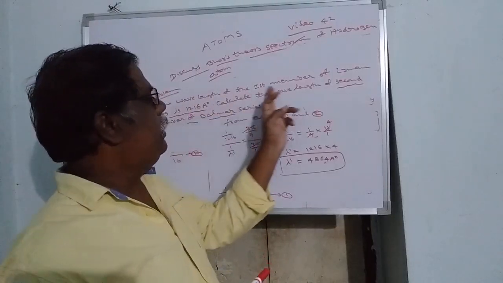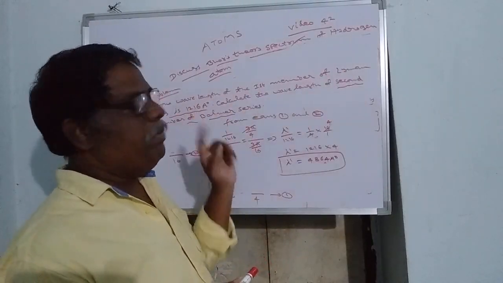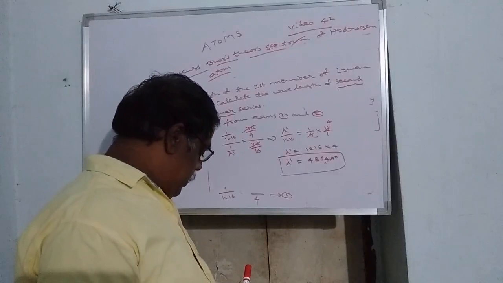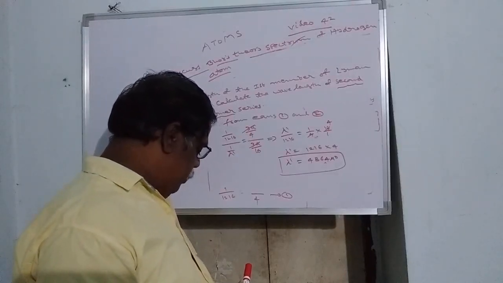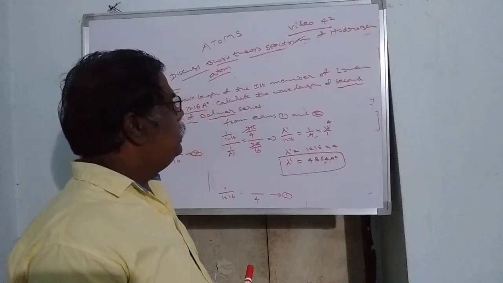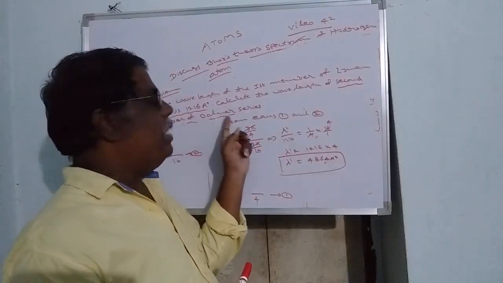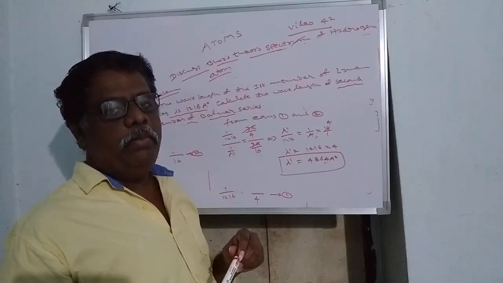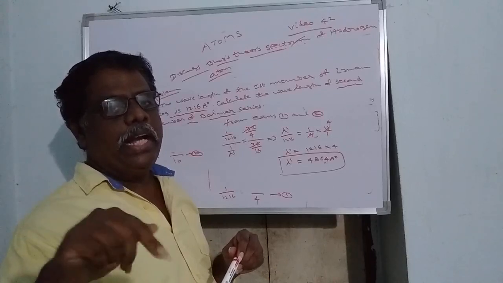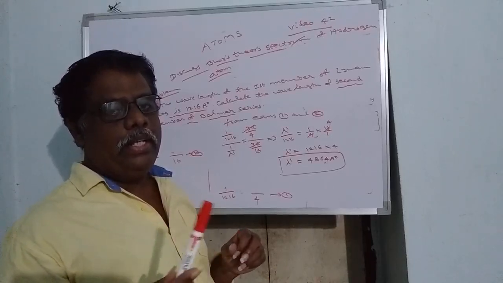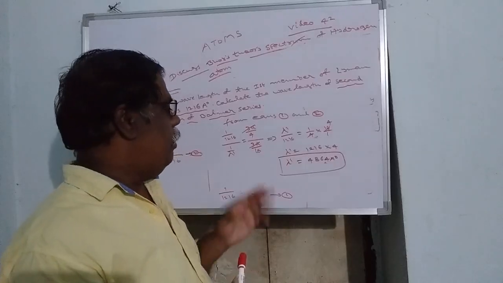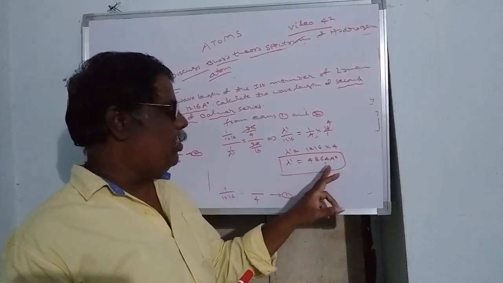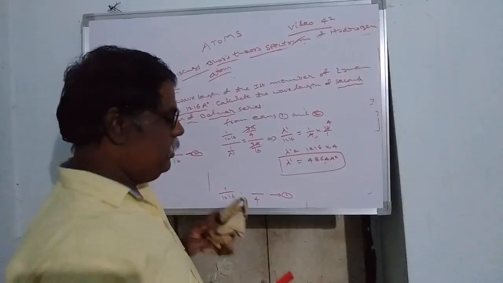See, look here, wavelength of the first member of Lyman series. First member of the Lyman series will always be 1. That should be taken as 1, and n1 will be 1, n2 will be 2. Next, second member of Balmer series. In Balmer series, n1 will be 2, n2 will be 3, 4, 5, 6 and so on. For the second member, we neglect the 3 and take 4 as the second member. On solving, we get wavelength of the second member of Balmer series, lambda dash, is equal to 4864 angstroms.